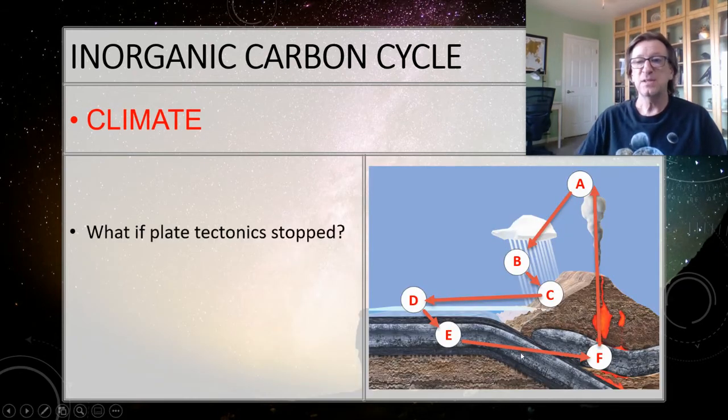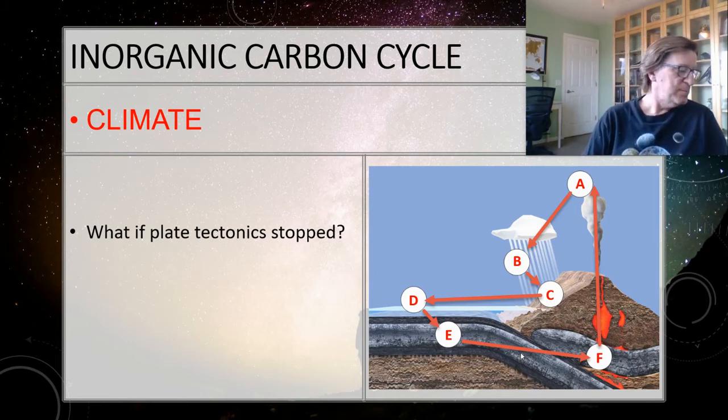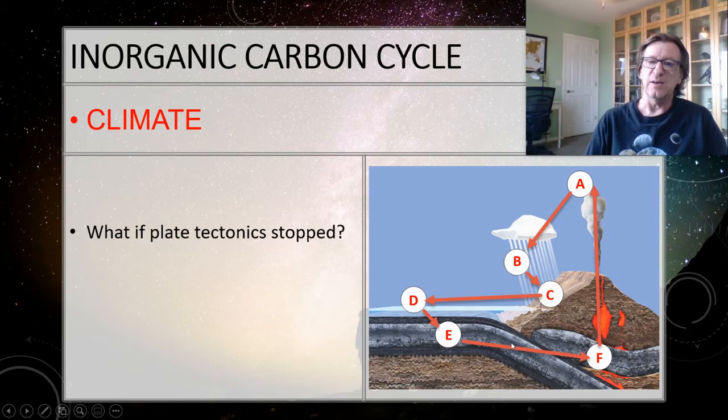Now, this can break. So what would happen if plate tectonics stopped? This is what happened on Mars. Mars is a lot smaller than Earth, so it cooled down a lot faster, and so plate tectonics stopped. So I want you to think about it. What's going to happen if plate tectonics stops? So if this piece right here from E to F breaks,